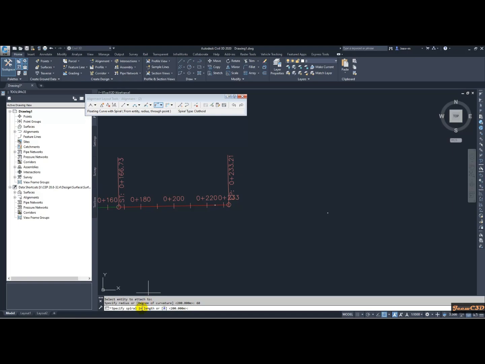Then it is asking what is the spiral length. So in here also you have to get this value from a design guideline, but I will type some value here as 25. So it is asking whether your curve is going greater than or less than 180. That means whether your curve is going like this or going like this. Most of the cases we are getting less than 180 option, so I will accept less than 180 option and